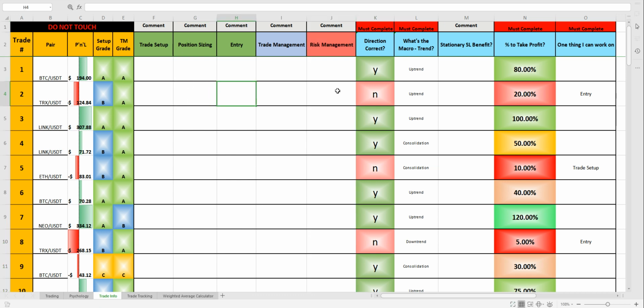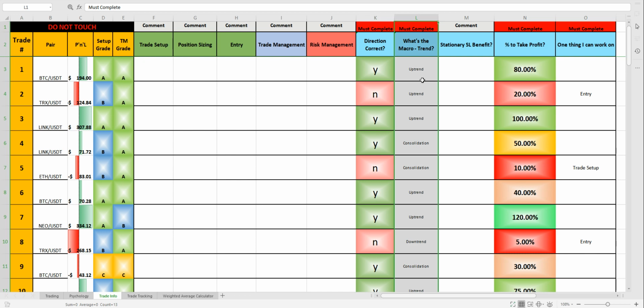a quick little breakdown. And then you got the must completes, which is going to incorporate this information into the trade tracking sheet. So theoretically, if you're lazy, if you're not super disciplined, you don't have to put in this, but the must completes are something that you really want to do, and it's a lot quicker. You don't have to really think about it. It's just a quick yes or no, or you just put in a Y or N, and then you have,